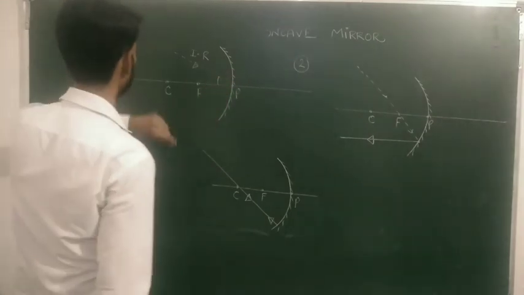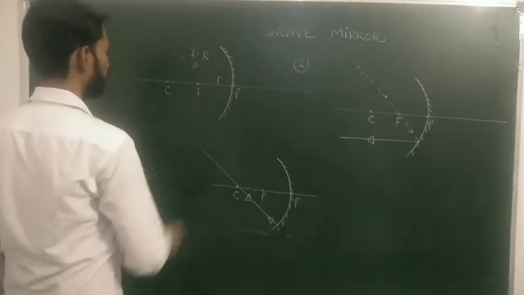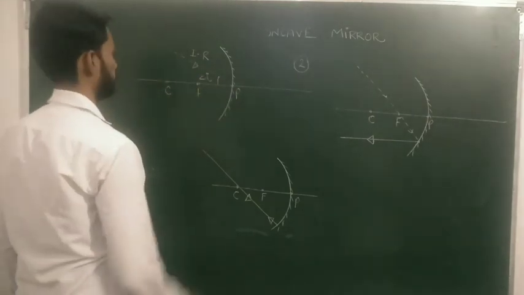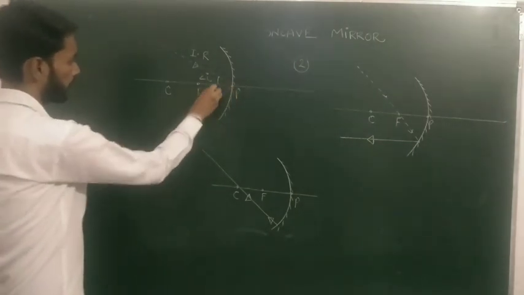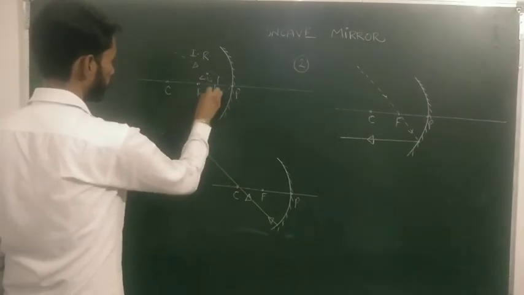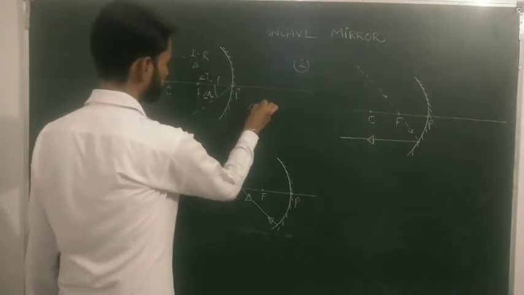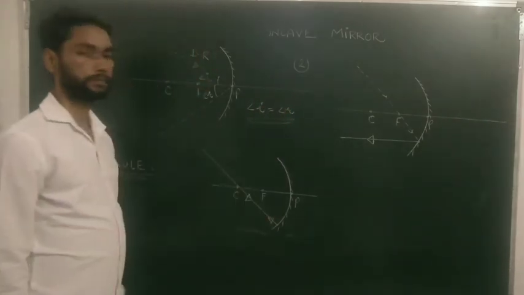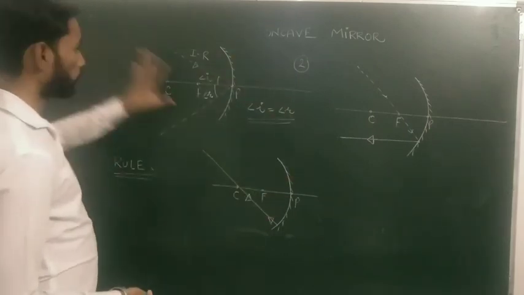if an incident ray comes from any object, strikes at point P and makes an angle I with the principal axis, after reflection it makes the same angle. If this angle I is 30 degrees, this angle R is also 30 degrees. So by the law of reflection of light, angle I and angle R are equal. So by using these four rules,